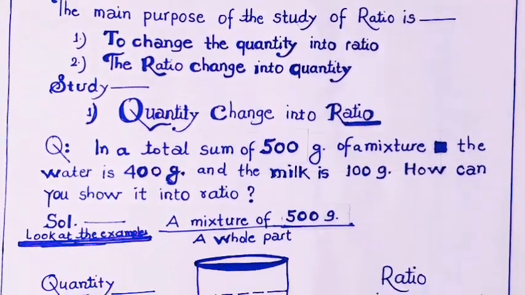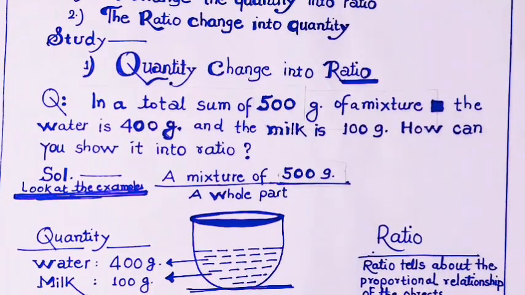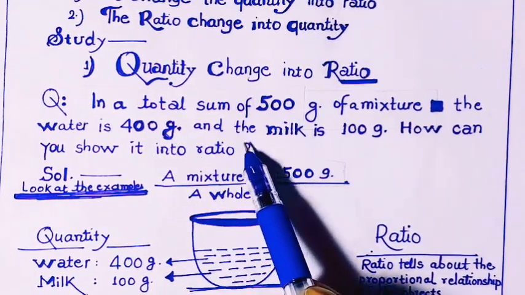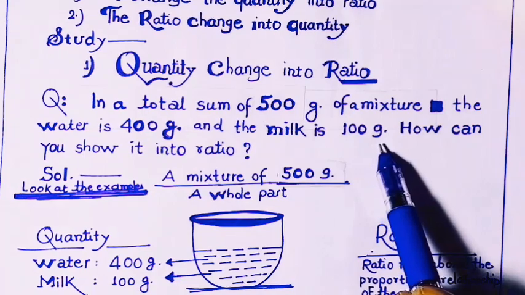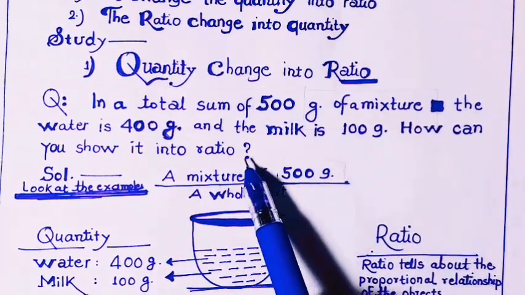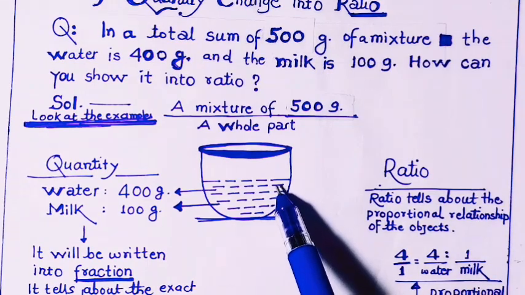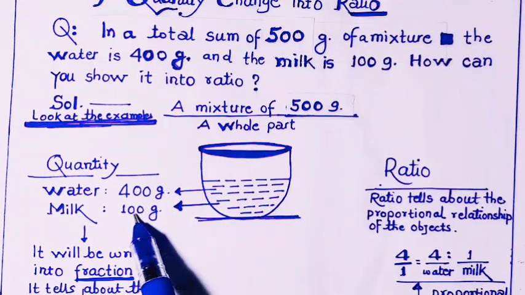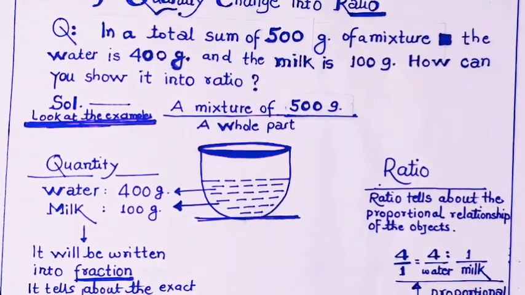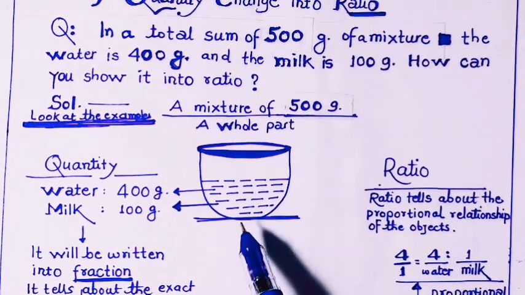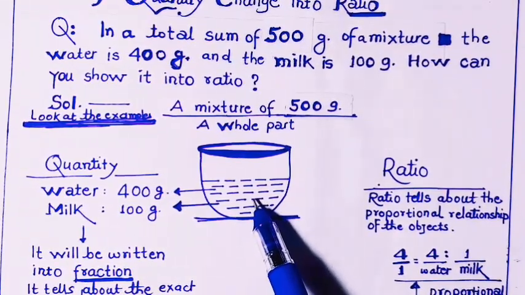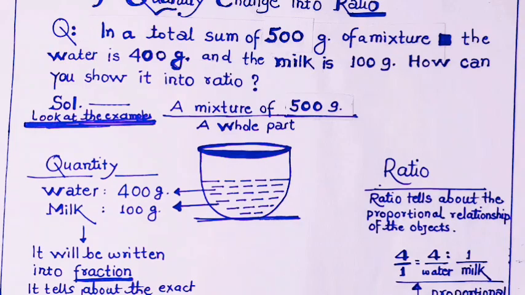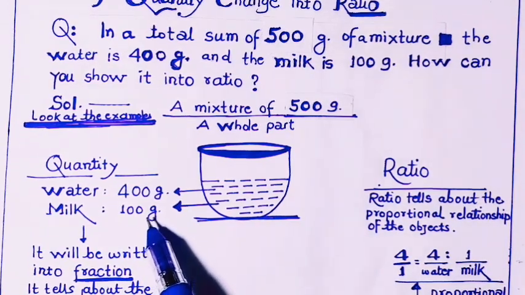The question is, in a total sum of 500 grams of a mixture, the water is 400 grams and the milk is 100 grams. How can you show it into the ratio? There is a pot wherein the water is 400 grams and milk is 100 grams. So this is the mixture of water and milk,